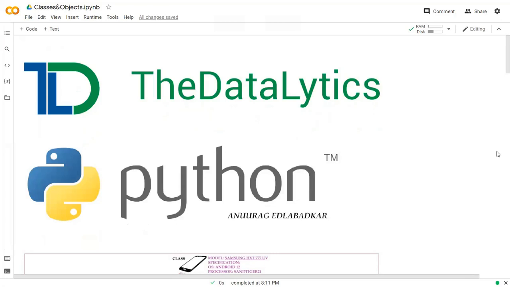Hello guys, today we are going to discuss object-oriented programming and its most basic element, that is classes and objects. So languages like Python, C++, Java, C Sharp and many more follow the object-oriented programming concept. And this concept comprises many things like encapsulation, inheritance, polymorphism, abstraction, and